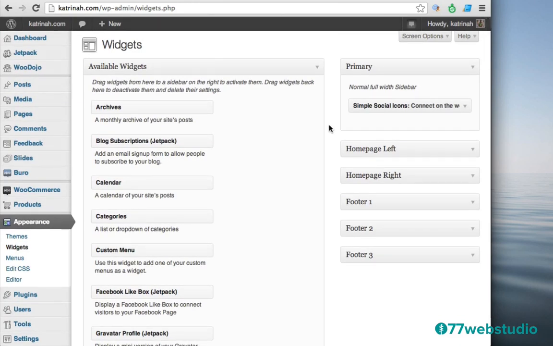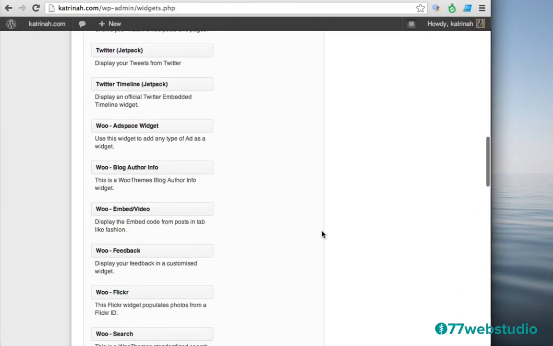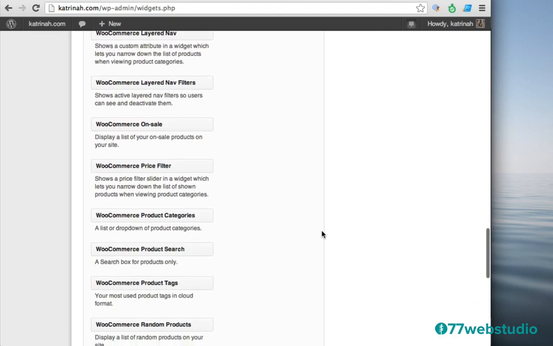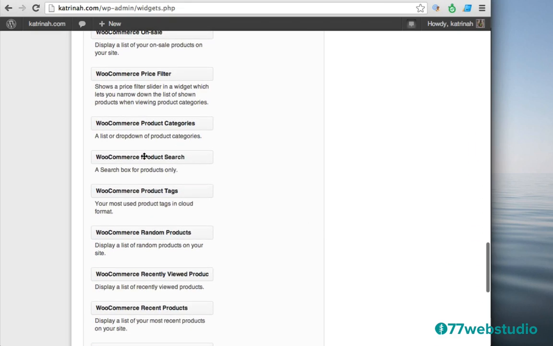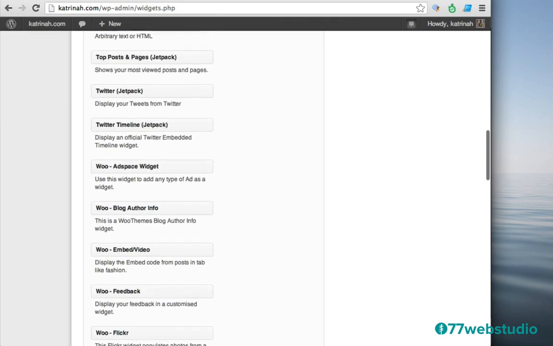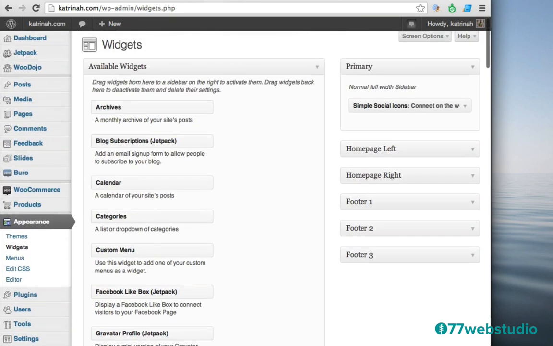Now, keeping in mind that this is also an e-commerce website, of course, if you don't have any items, once again, you don't have to use it for e-commerce, but the cool thing about this particular theme is that it does have built-in e-commerce functionality. So I'm going to take advantage of that by coming down here. I'm going to find the WooCommerce product search widget. So here it is right here, and I'm going to grab that and add that to my sidebar at the top so that anyone can easily add products or find products when they're on the website.